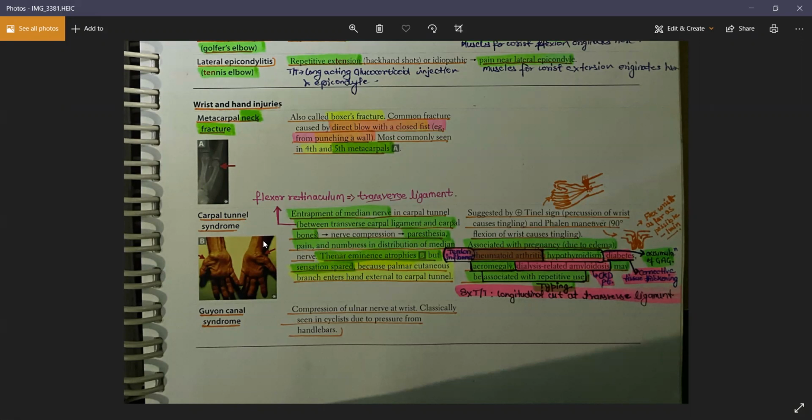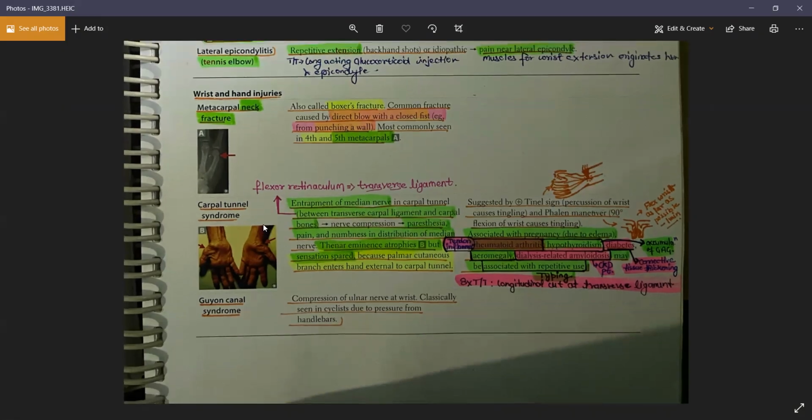Then you have the carpal tunnel syndrome, and you know already about the carpal tunnel, which is a tunnel through which my median nerve passes. In the carpal tunnel syndrome, I'm having the impingement or the entrapment of my median nerve in this canal. Okay, and it is known as a transverse carpal ligament, which forms my carpal tunnel. Okay, and it is also known as a flexor retinaculum, which is present on the flexor surface. So the flexor retinaculum or the transverse carpal ligament, both are same. Okay, they will form my carpal tunnel, and in this tunnel my median nerve will get entrapped and will cause the